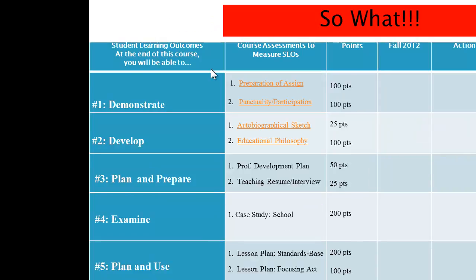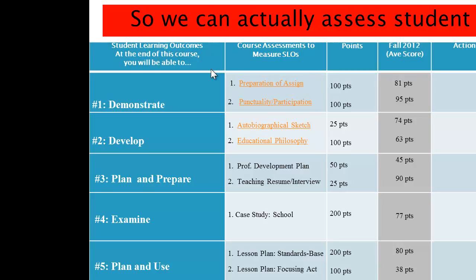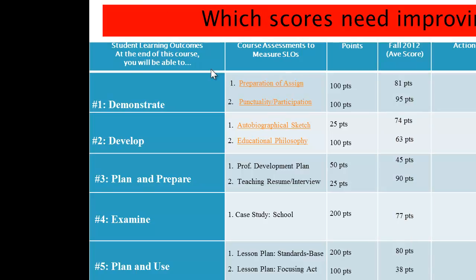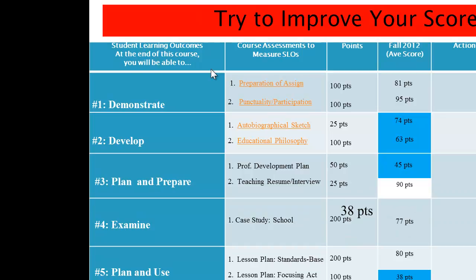What do we do with all this? Well, so what? We gather points from the scores, and we see which one actually assesses learning. And so we can see if things are higher or lower, and we can look at ones that score improving. I have a mistake here, but the idea is the same: we look at the old scores and new scores,